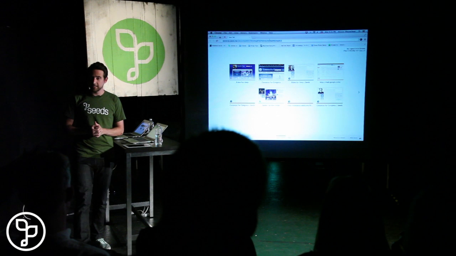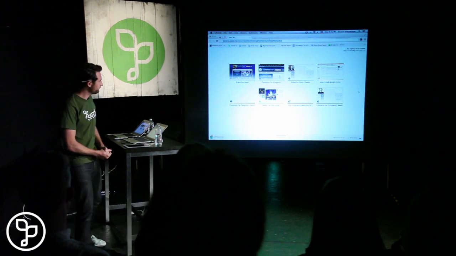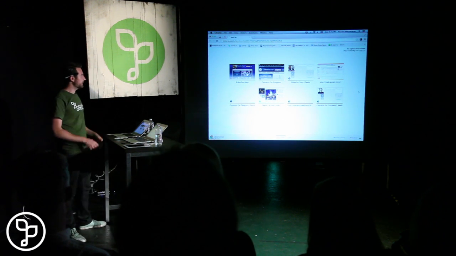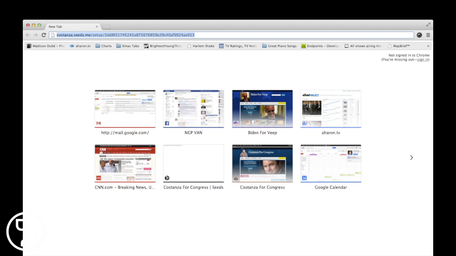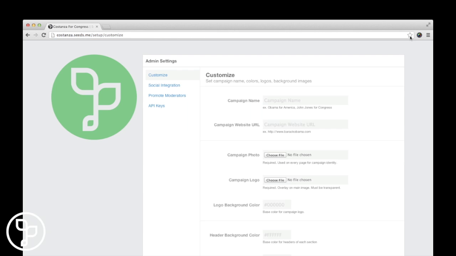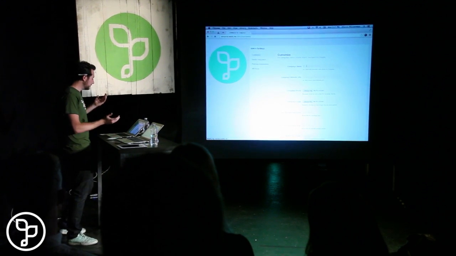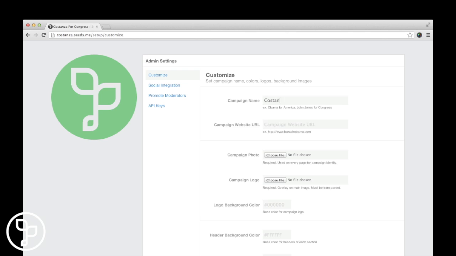So what we're going to do is we're going to set up George Costanza's Seeds campaign. And that starts with just a simple link that I'll get via email from the Seeds team, right? I've signed up with Seeds. I'm going to get an email. And it takes me to a page that looks like this to set up, to customize the George Costanza Seeds campaign. So it asks me for a few simple things, right? The campaign name, so I'm going to type in Costanza for Congress. That campaign website URL, I'll type in